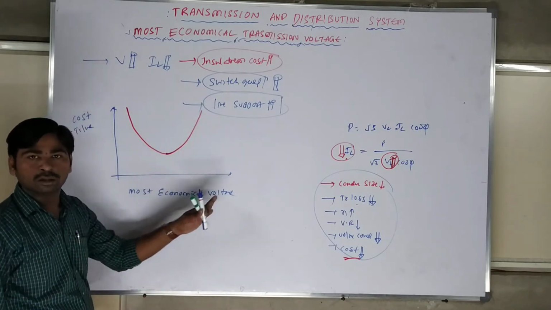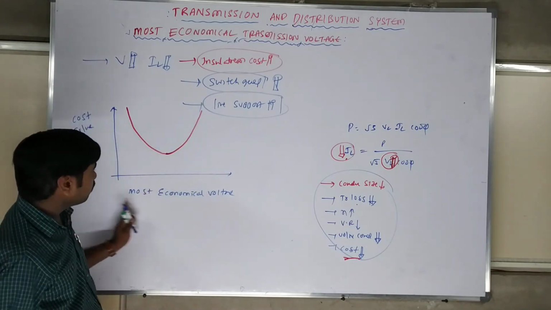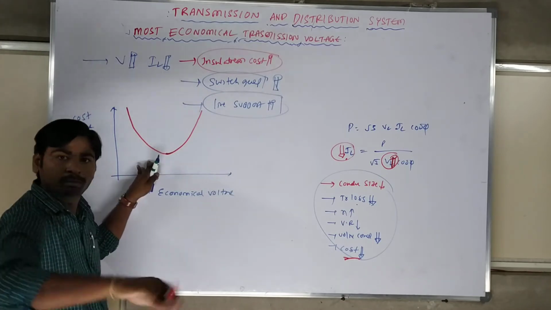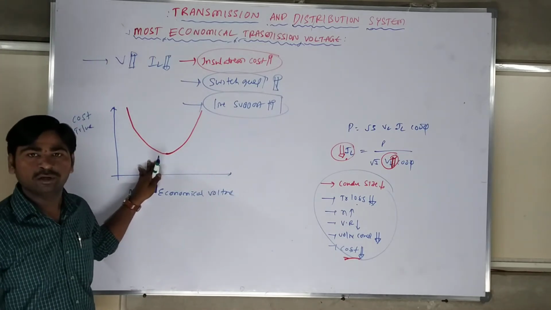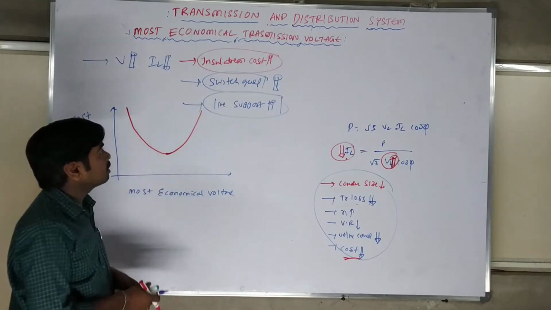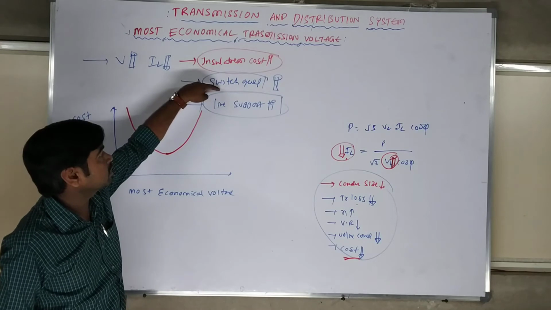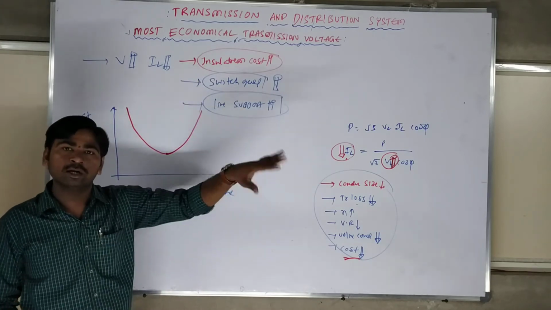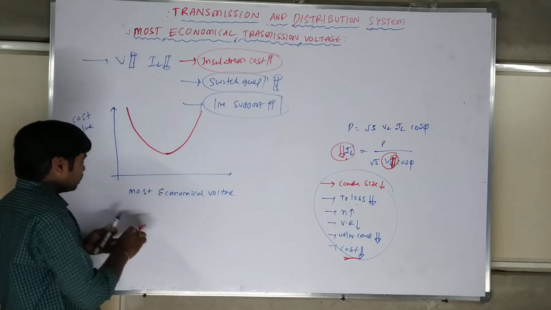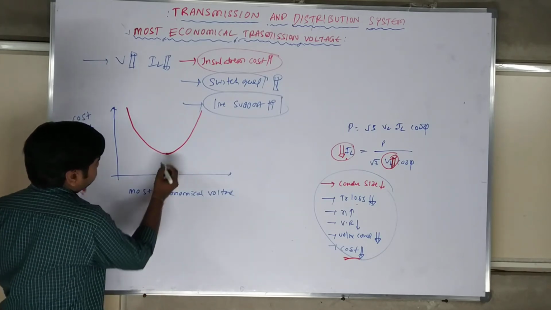Again the cost is incremental. As the voltage increases, the cost decreases up to the mark, then it starts to increase beyond 765 kV, 800 kV and more. Again the cost is incremental because installation costs, line supporters and other equipment costs increase. So this is the correct point of voltage.